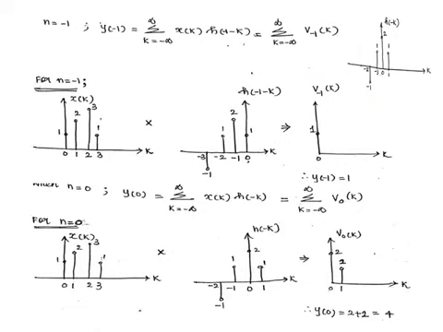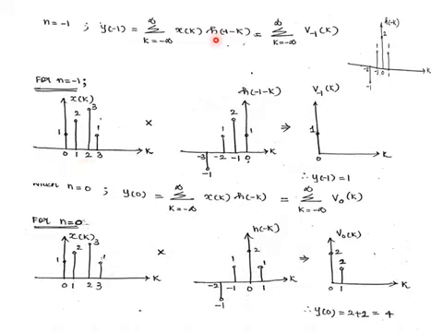Next, we have to find the output samples of y of n at different values of n. We know that y of n starts at n is equal to minus 1. And for n is equal to minus 1, the formula is summation k is equal to minus infinity to infinity x of k h of minus 1 minus k. So if we want to find y of minus 1, we have to multiply x of k with h of minus 1 minus k. We know that x of k is readily available. So we have to plot it again. The plot of x of k is redrawn here.